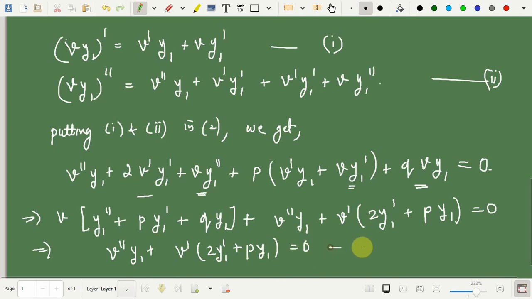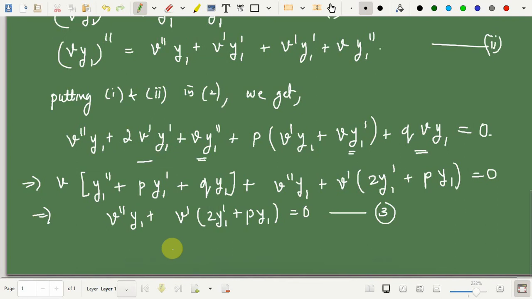Now if you look at this expression, equation 3, this has the undetermined function v, as v double prime. So we have converted this into a second order equation, but again through this expression we can see that it is difficult to simplify further. So I would try a certain substitution to put it in the simplest form. In fact, I would reduce this to a first order differential equation and then we can solve it very easily, either by separating the variables or some other method. So let's try it out.